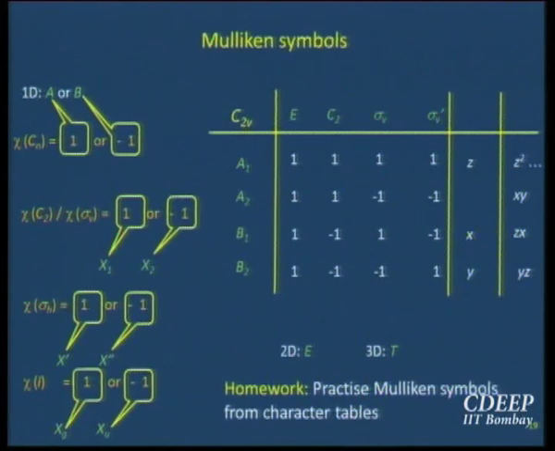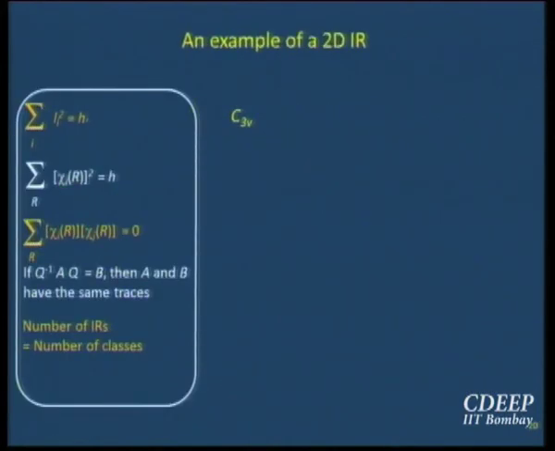Which reminds me, before we go to the last part of the discussion. So you have worked out C2V. If you can work out C2V, it is very simple for you to work out C3V also. Let us do that. The reason I want to do this is that C3V gives us an example of a two-dimensional irreducible representation. 2D IR to a spectroscopist really means two-dimensional infrared spectroscopy. We are not talking about that. We are talking about two-dimensional irreducible representation.